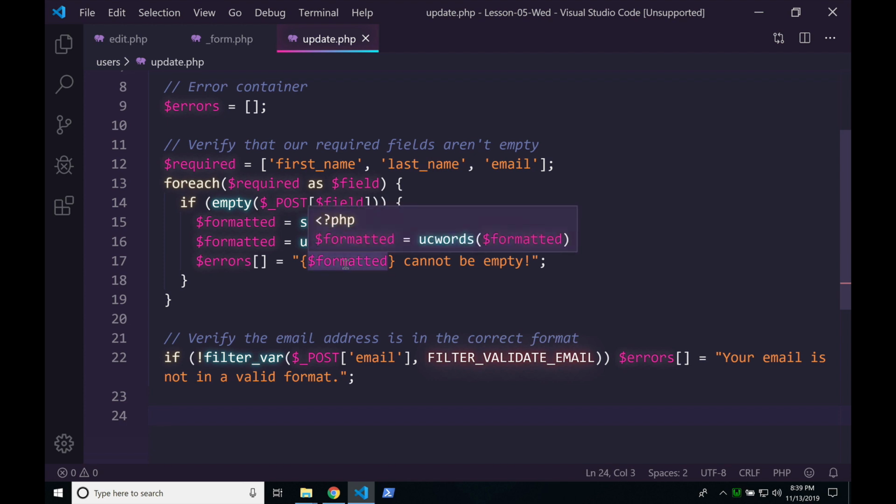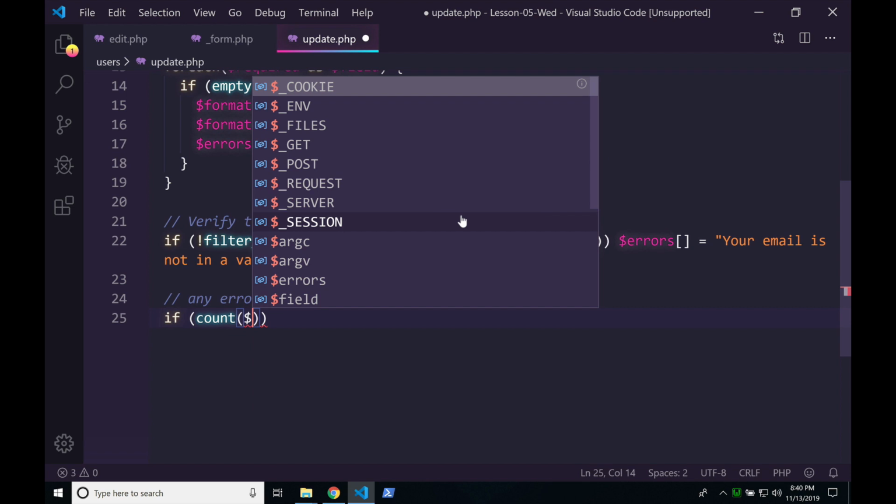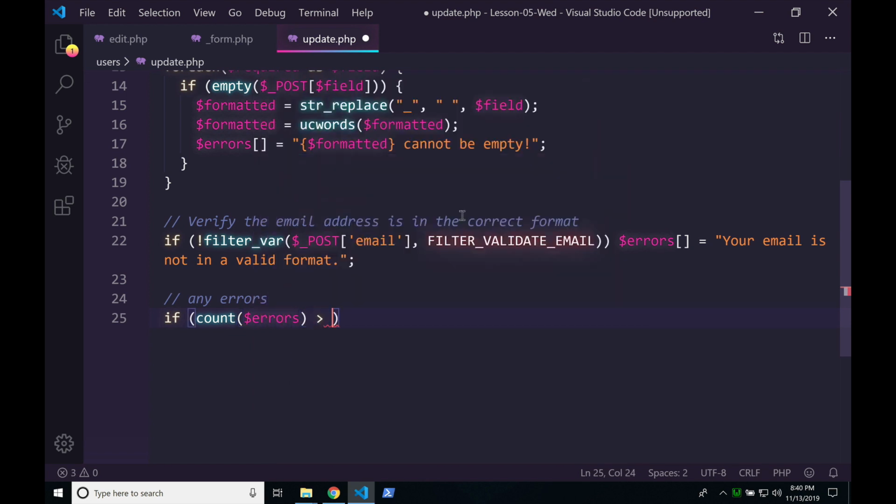All right, so verify the email address. I think this is a good place to basically say if any of the above is an error, then we're getting out of there. We're sending the user back to the form and saying, go fix this because something's wrong, okay? So we're going to write our first basically error check. So you guys have written it before. If, so any errors, if, we'll count the errors array. So count the errors array, and if it's greater than 0, which would mean that we have errors, right? So if the array contains even one error,